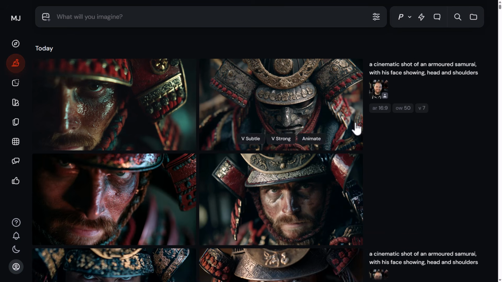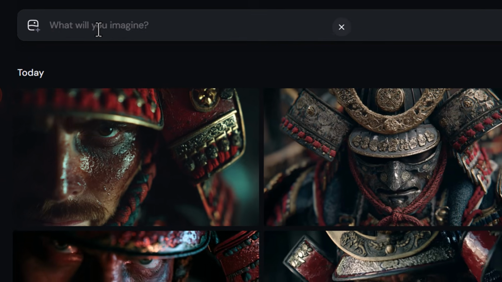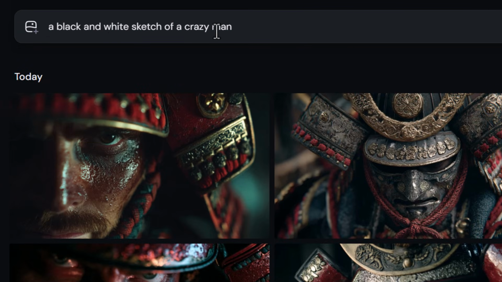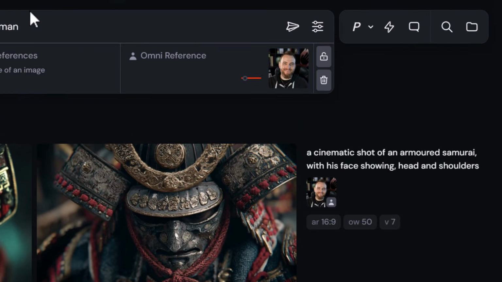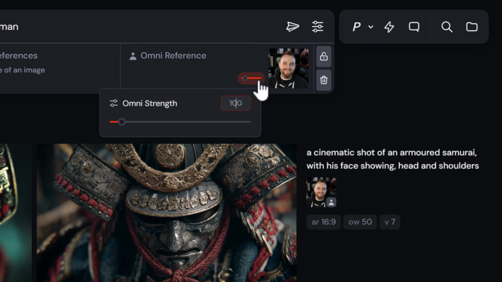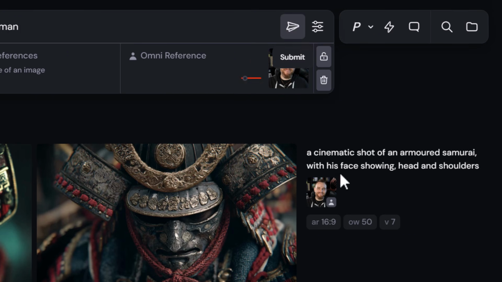That's pretty straightforward. But what if we want to change the style to something else that's not photographic or just completely different? Well, there's a few more steps we can take in order to make sure that happens the way we want it to. But sometimes when we are restyling our images, we don't always get the result we're after. So if I type in a prompt such as a black and white sketch of a crazy man, add in myself as an omni reference, and I have the default strength of 100, if I submit that, what it creates